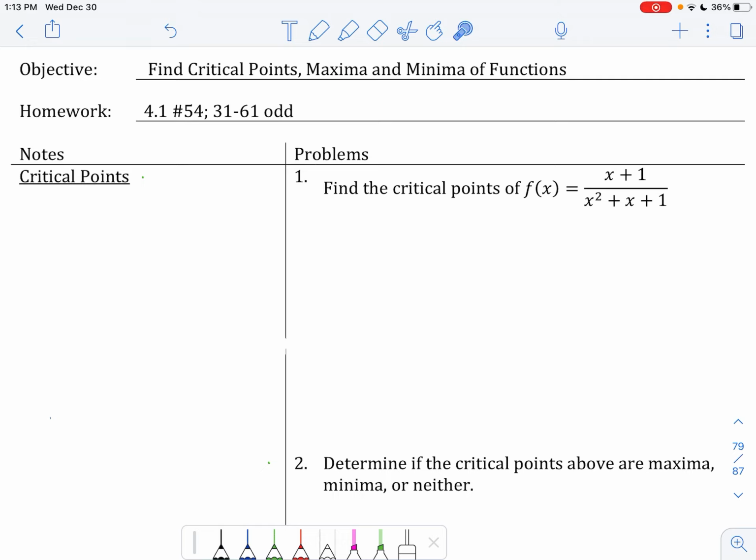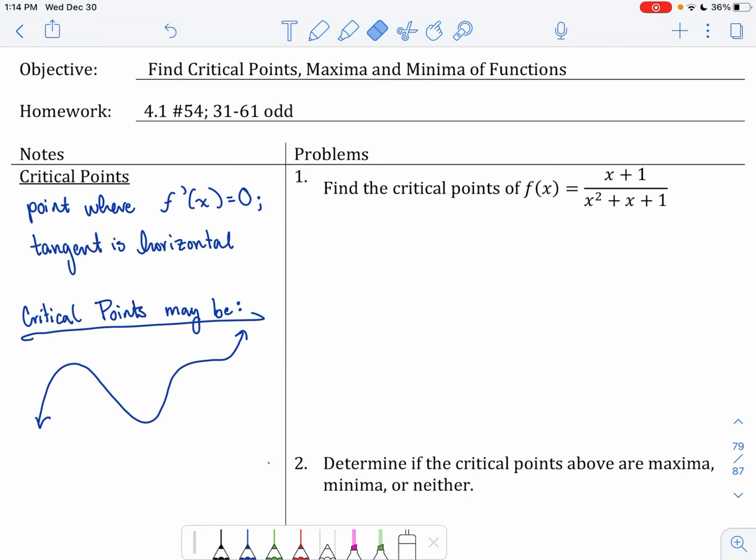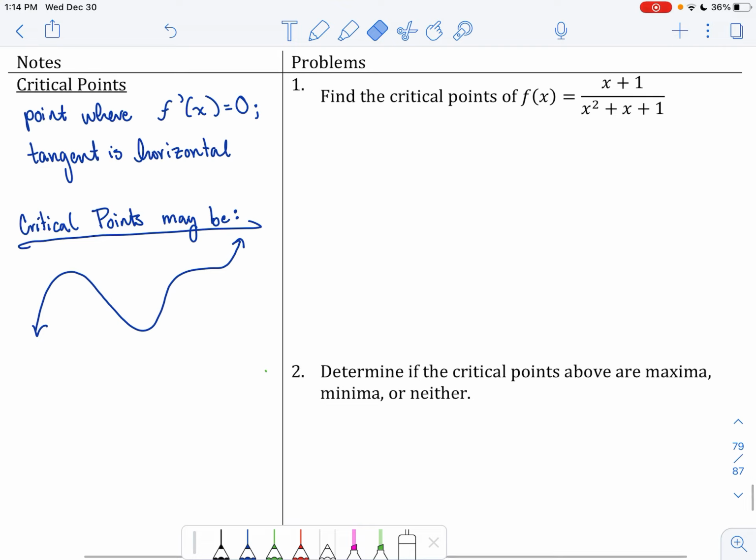We're going to keep, as I said, talking about extreme values, and we're going to introduce an idea with critical points. Now, a critical point is a point where f prime, where the derivative, is equal to 0. And so this is where the tangent line is horizontal. This is an important idea with maxima and minima because critical points can be a local maximum, a local minimum,